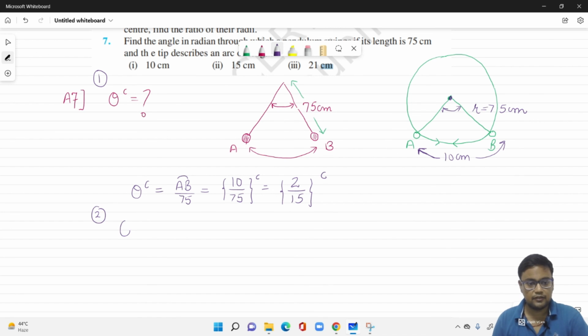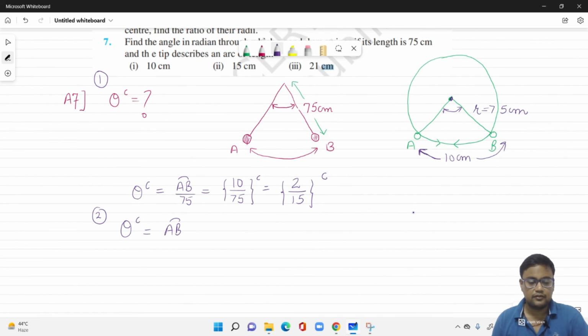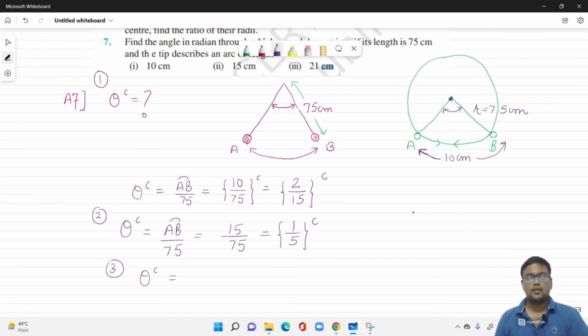सेकेंड पार्ट भी सिंपल है. वहाँ पे जो रेडियन का मेजर होगा वो होगा आर्क की लेंथ अपॉन रेडियस. रेडियस तो वही है, आर्क की लेंथ दी हुई है तुम्हें 15. तो रेडियस तो वही है 75 कंप्लीट क्वेश्चन में, बट आर्क की लेंथ इज 15. So 15/75, 15/75 is 1/5. And finally the third part, theta in radians is 21/75. So this goes by 3 7s and 25